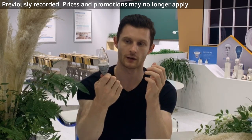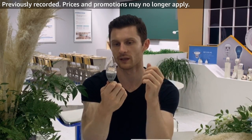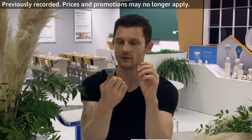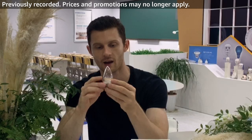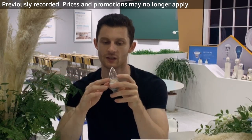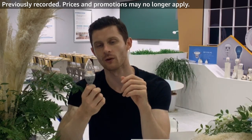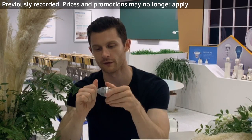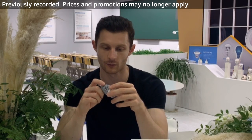So Candelabra bulbs have a very small body and a very small E12 fixture for this reason, because they're kind of like this in the ceiling fan or any light. So they have a very small body and a larger head because they're being installed vertically rather than downwards. So they're always standing up, illuminating the room, but the light's coming out omnidirectionally rather than vertically or downwards. So this is why it has a smaller body and a much smaller E12 fixture to fit inside the ceiling fan light or any kind of regular light you want to install